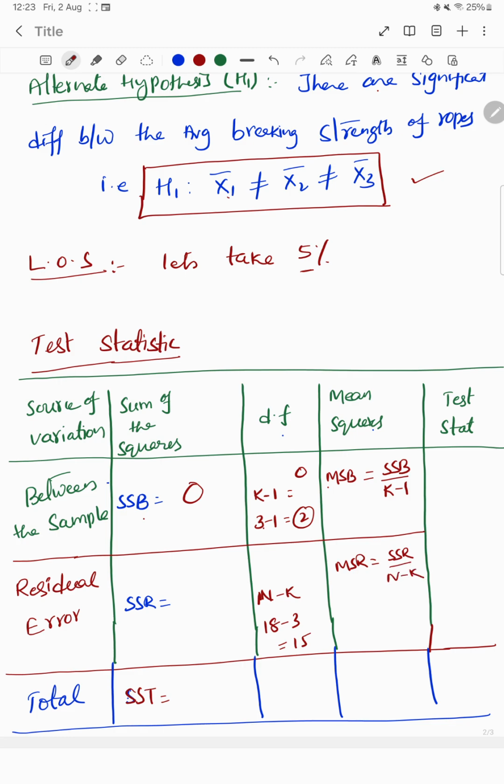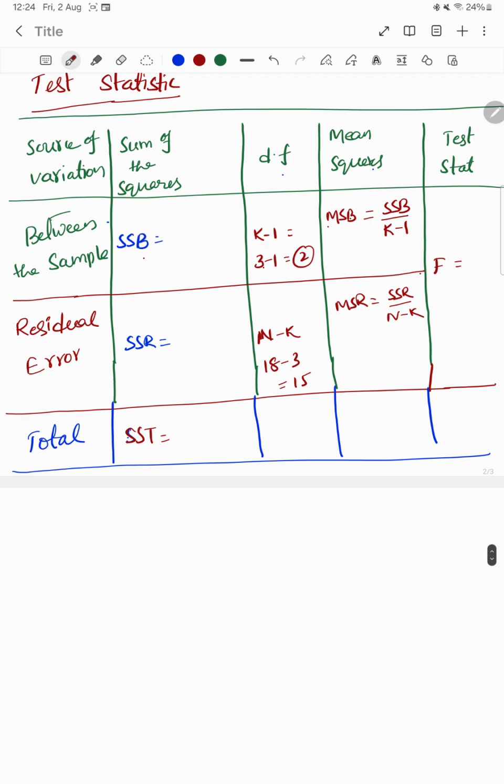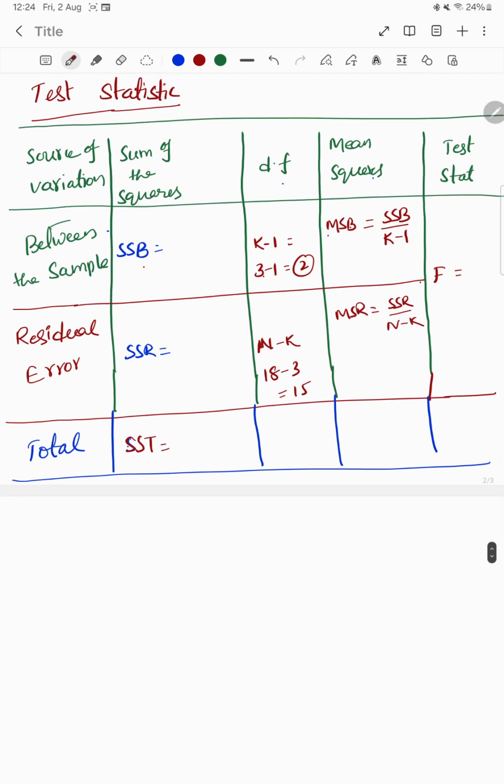Okay. Coming to the test statistic, that is F, which we are going to learn. If you observe, to find the calculated value for F, we have to take MSB by MSR. To find these two, we require SSB and SSR. So our target is to calculate SSB and SSR. But before calculating SSB and SSR, we have to calculate what we call